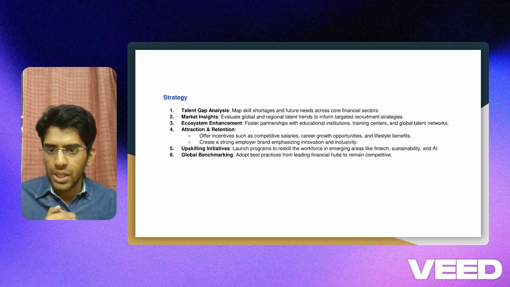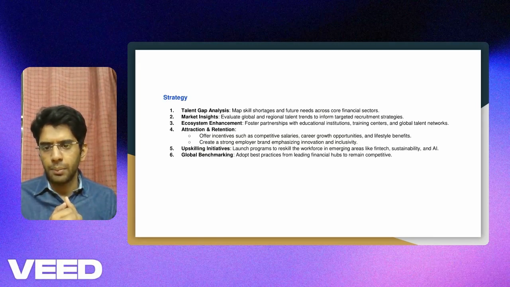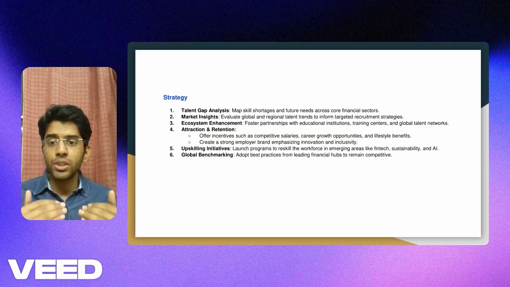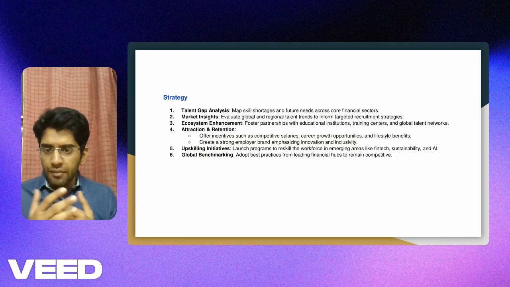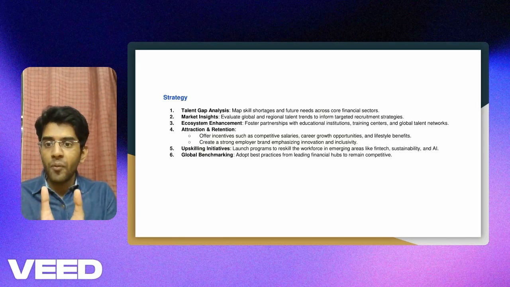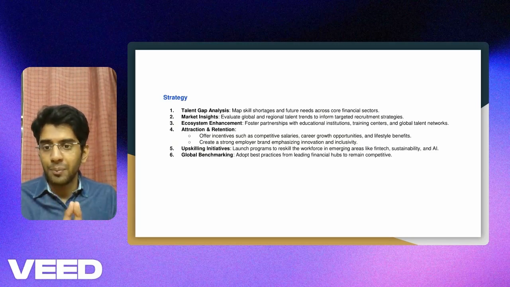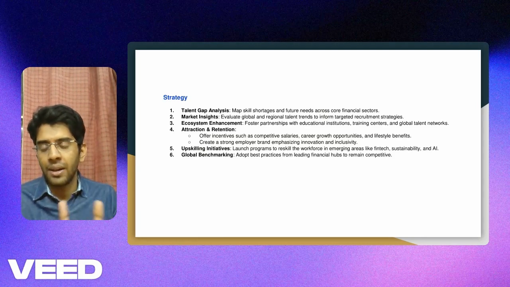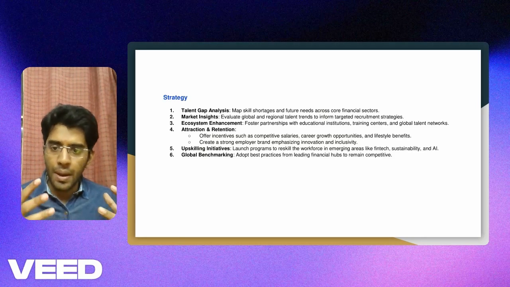The fifth one is the upskilling initiative. This one is crucial. Now we have an employee base of maybe 500 or 5,000. We need to make sure how we can improve the efficiency of those 500 or 5,000 people in a stepwise manner. How can we equip them with the right skill set and right knowledge, so that they can be the next market leaders, and under their shadow new leaders can emerge? So the idea is how we can invest in